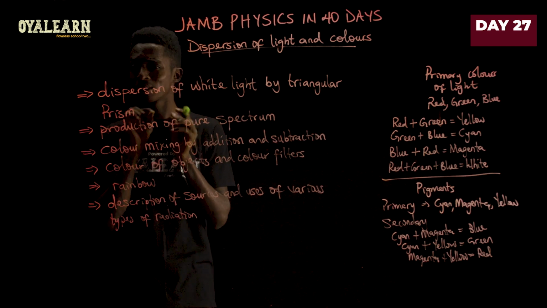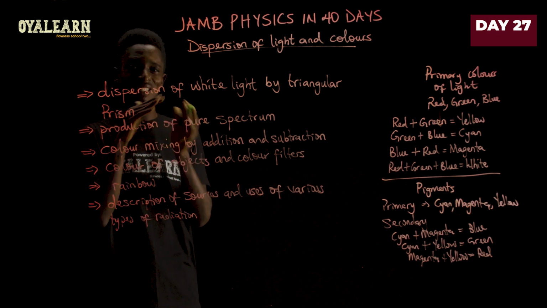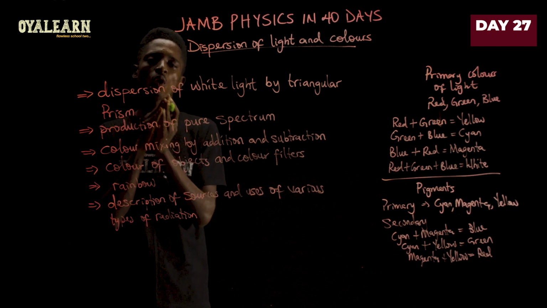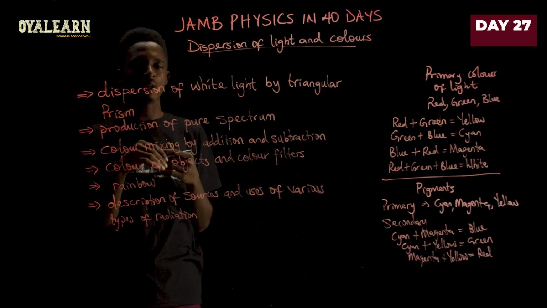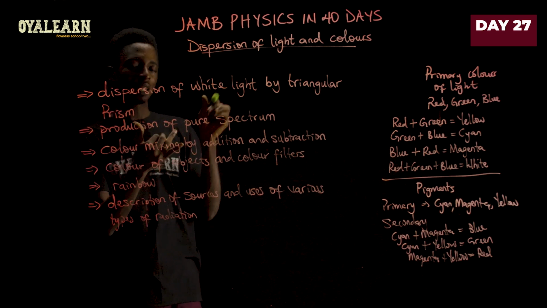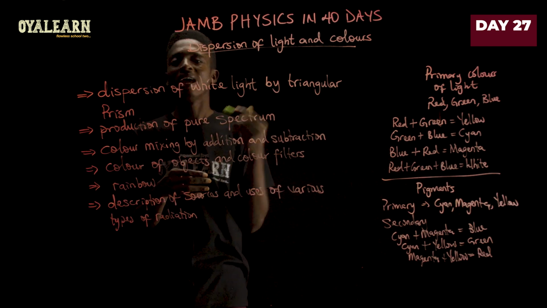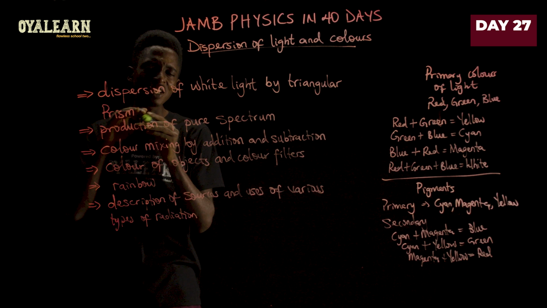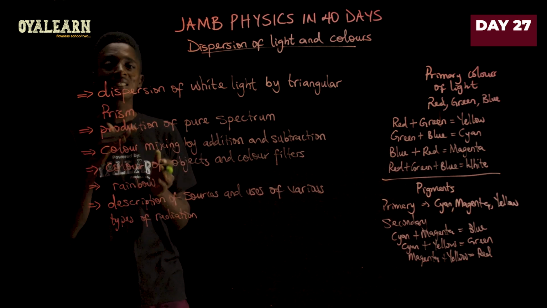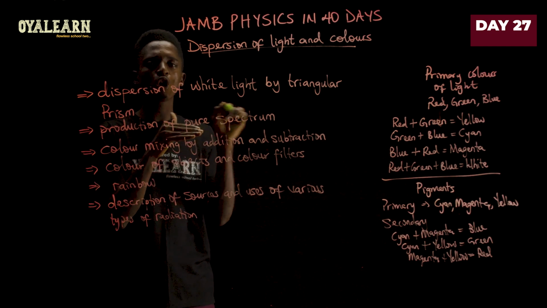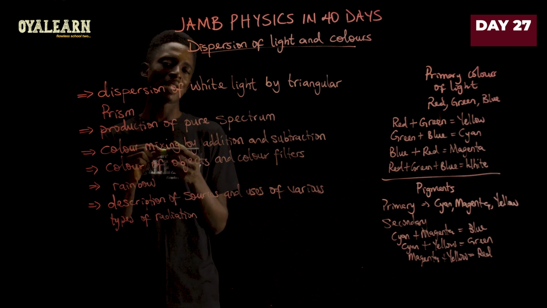What he discovered from that observation was that white light, what we know as the visible light spectrum, consists of multiple colors. If you remember the electromagnetic wave spectrum, we have radio wave, microwave, infrared, visible, ultraviolet, X-ray, and gamma ray. The visible light spectrum under that electromagnetic wave spectrum consists of multiple colors. Those colors represent the different wavelengths that you have in the visible light spectrum.